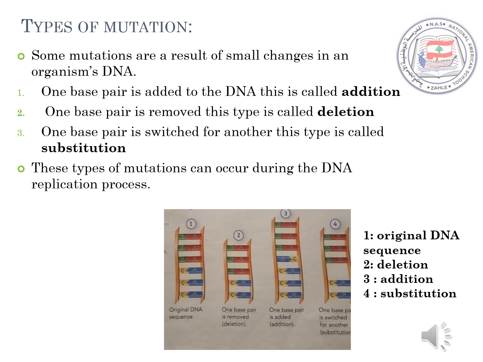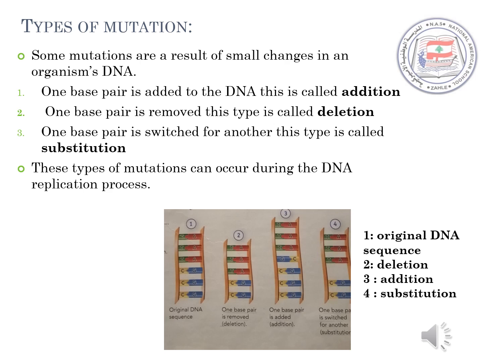The figure here illustrates the three types of mutations. Number 1, the sequence in the DNA shows an original sequence. Number 2 shows us that one base pair has been removed, so it shows the type of mutation that is called deletion. Number 3 shows an addition of a base pair, and number 4 shows a substitution of a